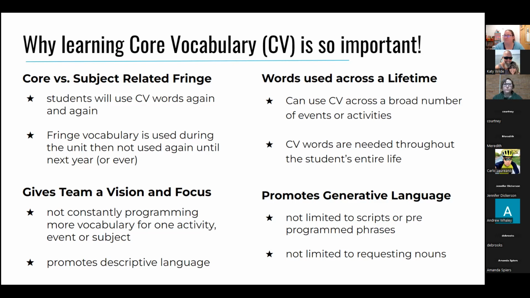I think I lumped all of those things into one, but the biggest thing is not to get so hyper focused on having every critical noun available in a system. It's making sure that we know how to teach our kids how to ask, or how to come around not having the word in there.